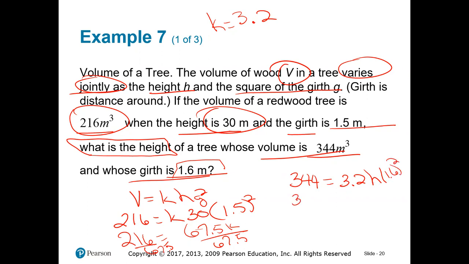So what I would do is I'd clean up this one side first. I have 1.6 squared times that 3.2. Yes, that's what we got for our constant k. Then we get 8.192h, and divide by that. So now I have h is equal to